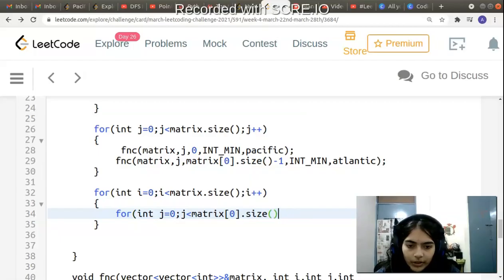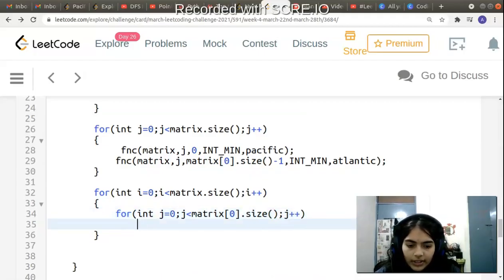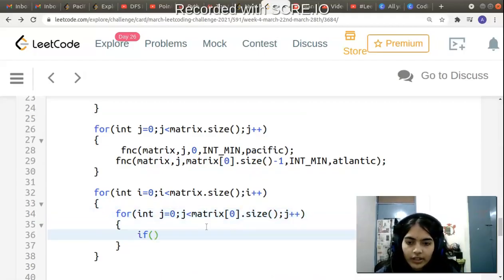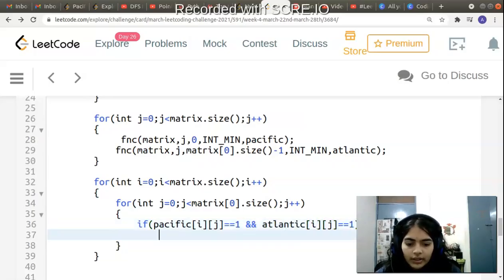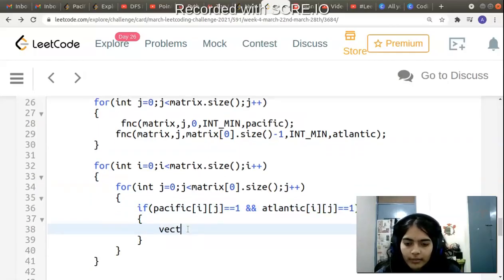This computer is giving some problems because it is hanging in between. After this, I will just see wherever the values are equal to 1. So if Pacific of ij is equal to 1 and Atlantic is equal to 1, then in that case, let me call a vector v.